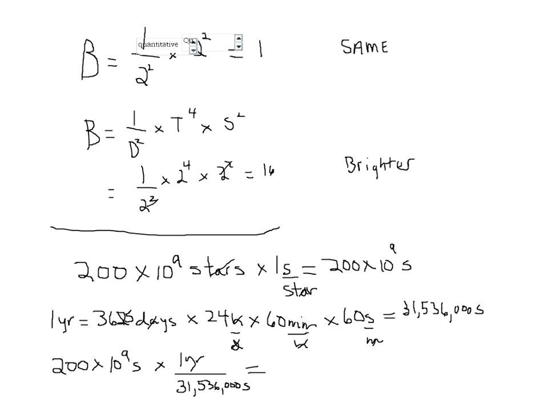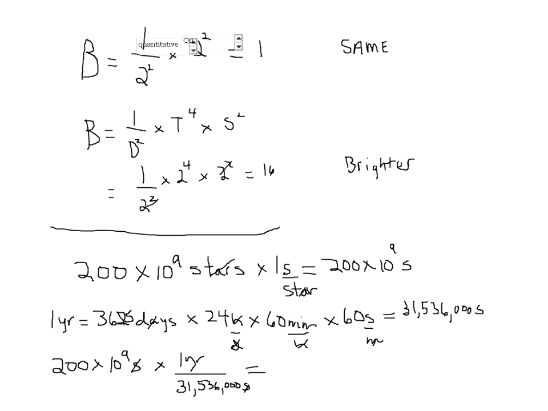Now, when you convert here, we wanted it in years, so we had to put the year on top, so when we multiplied it, the seconds would cancel. So I'm just going to divide 200 times 10 to the 9th by 31,536,000. So if I grab a calculator, 200 e to the 9, divided by 31,536,000, it gives me like